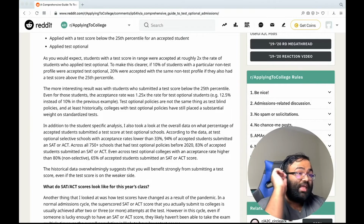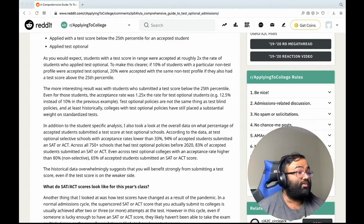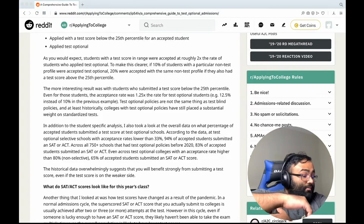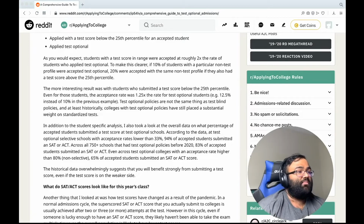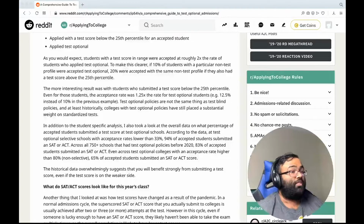And even at schools with an acceptance rate higher than 80%, still about 66% of kids were applying and submitting an SAT or an ACT score. So the historical data suggests, rather overwhelmingly, that you're going to benefit from applying with a test score. That's what the historical data and the data in the CollegeVine system say. So in general, our recommendation is to try and apply with a test if you can, whether that's because you already have one or you plan to take an exam